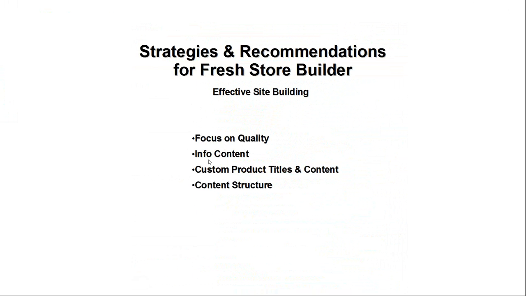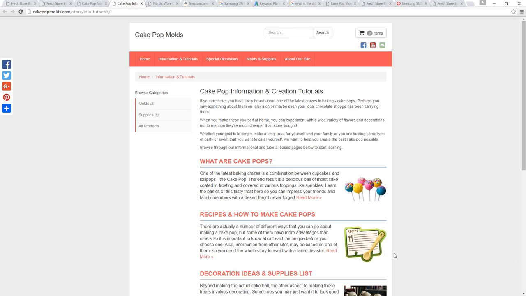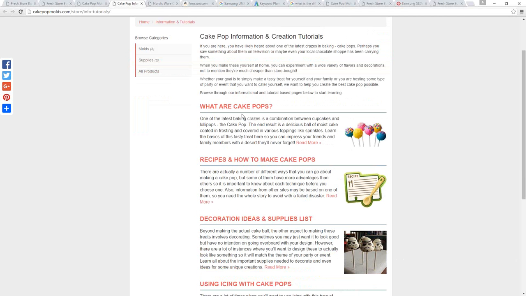This info content I've kind of already been talking about for the last couple of minutes. These pages that I was showing you before here, as I mentioned before, they're all informational content. They're designed to help and transfer people along from the search engine to your website and then finally to make a sale on Amazon. The reason why, beyond the fact that it makes your website helpful, the reason why you would even want to bother with this kind of thing, though,